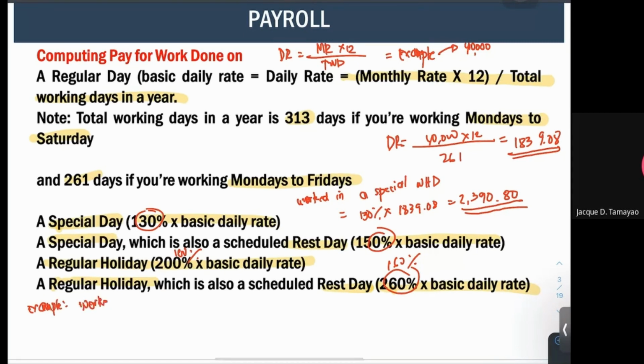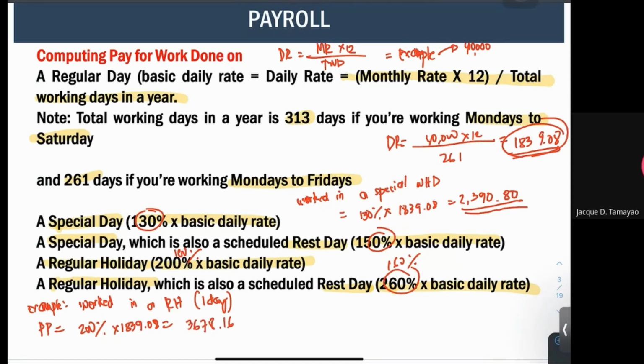Work in a regular holiday. So one day that is regular holiday. So let's compute for our premium. So that is 200% of our daily rate. Our daily rate, we have computed it a while back at 1839.08. So 200% of 1839.08 will give us